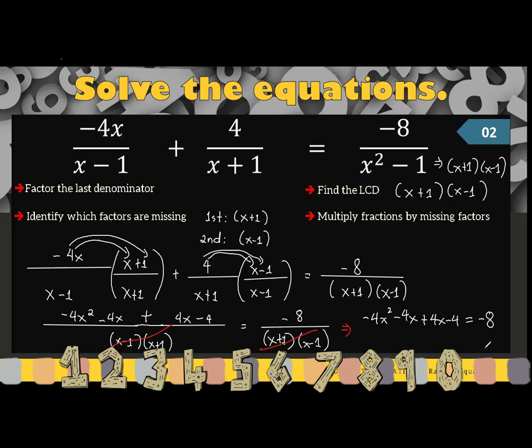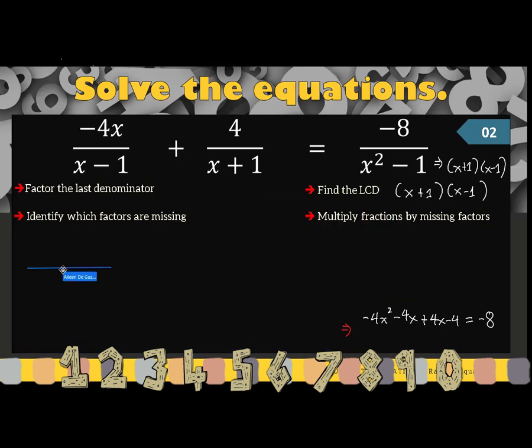Again, combine like terms and make it a standard form. In this case, we can combine both negative 4x and 4x, and this will give us a result which is 0. So the equation can be further simplified as negative 4x squared